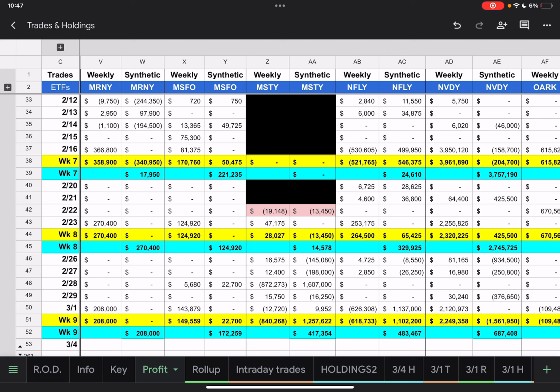Which then makes me wonder, because that takes away what I was just saying as far as, oh, if there's a negative week, then there's possibly going to be a weekly short call. There's possibly going to be a positive synthetic. But in this case, that is not the case. And I don't know if it's because people had sold out, and they had to close some, had no choice but to close some,